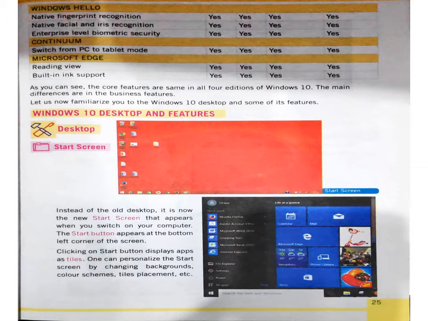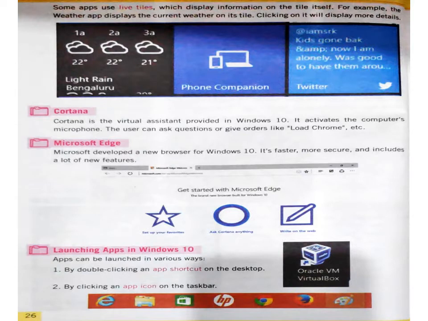Okay, now moving ahead, our next point is Cortana. What is Cortana? It's a virtual assistant, means it is a helper. This feature is provided in Windows 10, so that if you want to take help of your Windows 10, then with this Cortana feature you can take the assistance of Windows 10.